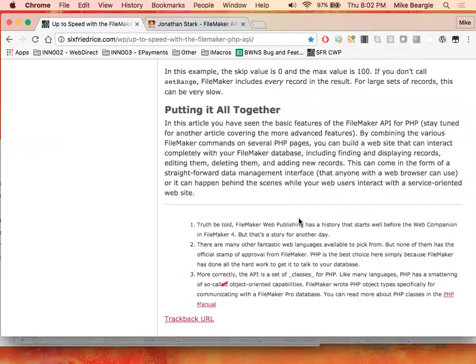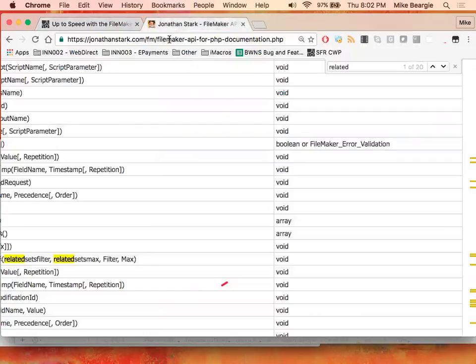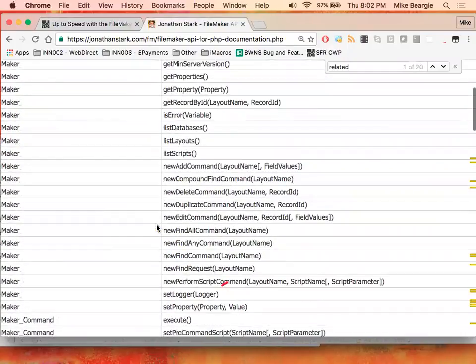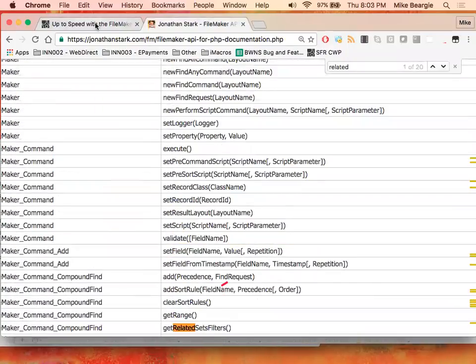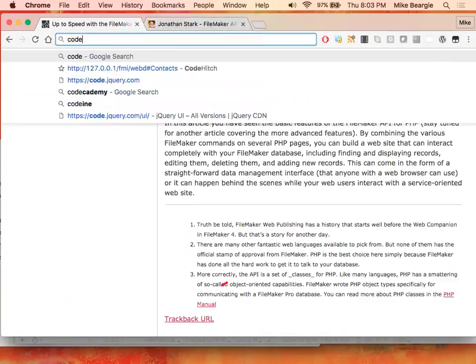So we covered a lot of this in one night. The Jonathan Stark resource is a good one for just scrolling through if you're thinking about something, because the FileMaker API documentation isn't exactly complete. It doesn't tell you how to use everything. And then another one, if you want to actually learn PHP, the favorite place I've been